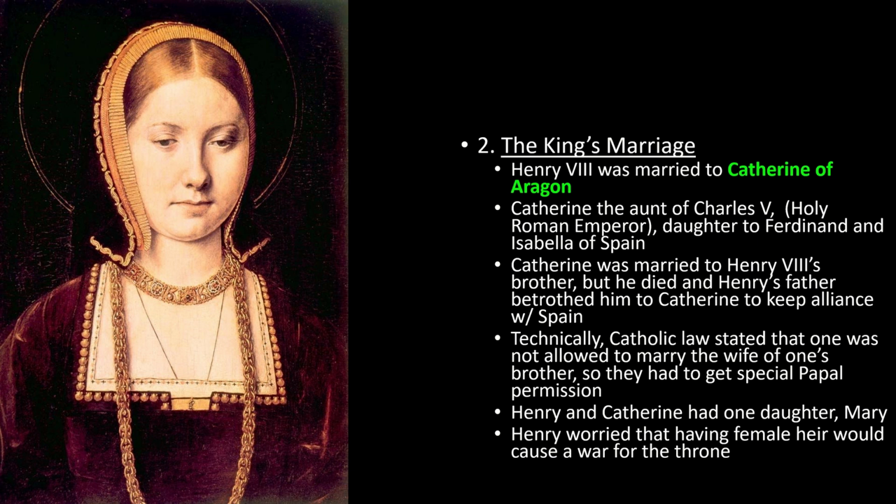All right. And he thinks that if he dies and his heir is a daughter, then there's going to be more war in England, more civil war in England. Remember the War of the Roses that we talked about? And he doesn't want that. So Henry becomes obsessed with the idea that he needs a male heir to the throne. And Catherine has given him a daughter, but Catherine's also had several miscarriages. So Henry VIII doesn't believe that Catherine is going to be the one to give him a male heir. So Henry is going to look elsewhere to produce a legitimate male heir.